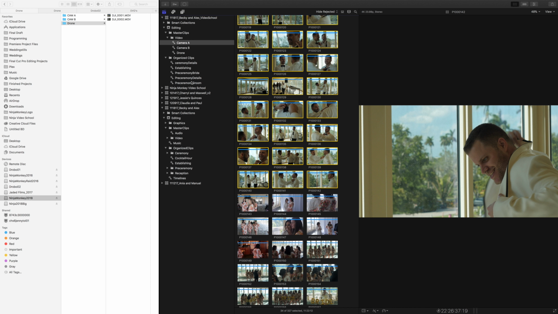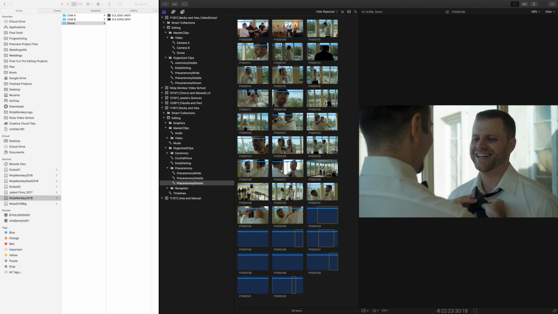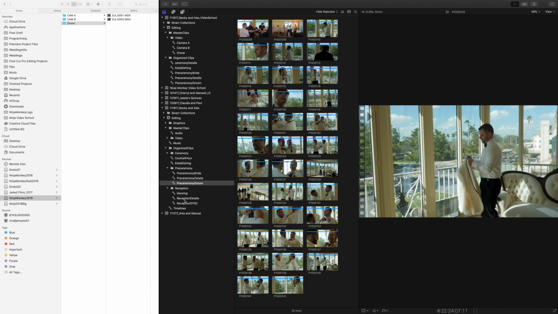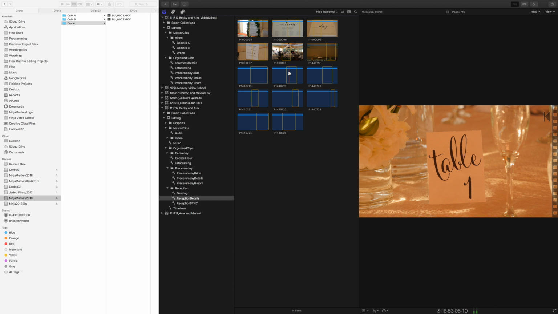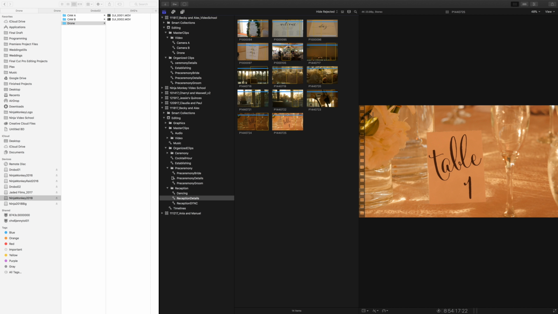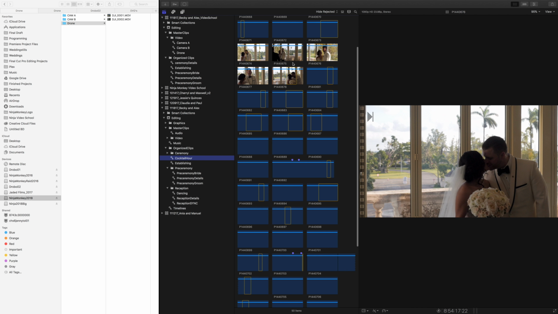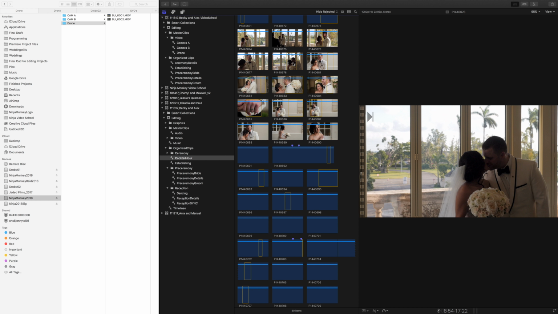I go through everything and organize everything very well. So I have everything organized. You can see here, everything is perfectly organized. All the pre-ceremony groom that was shot. And the reception. All the reception details that were shot. All the establishing, like I had shown you, anything that happened in the cocktail hour. This is all there. It takes a second to load